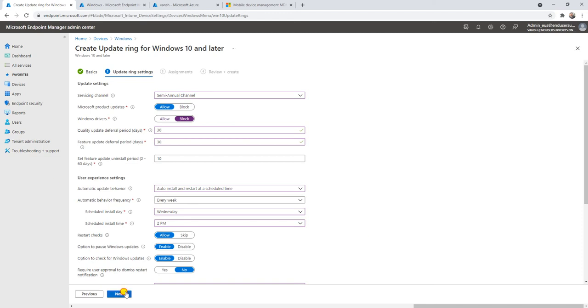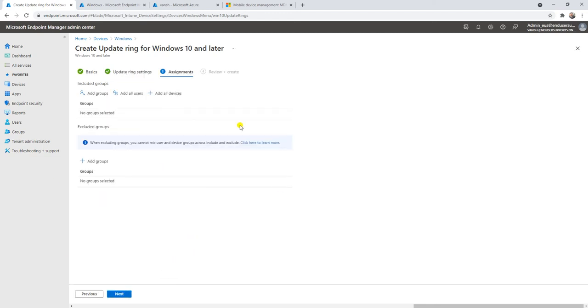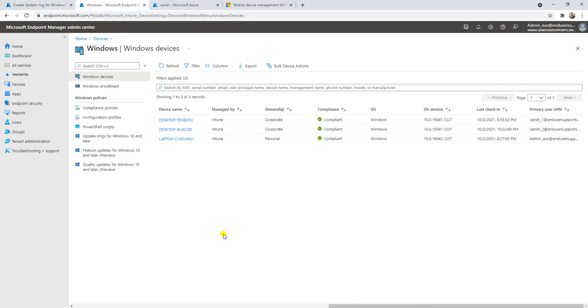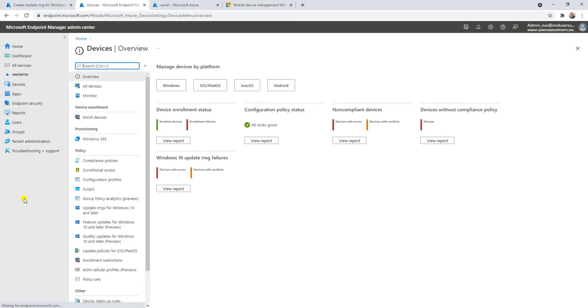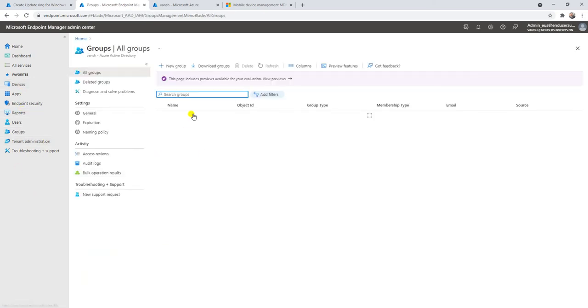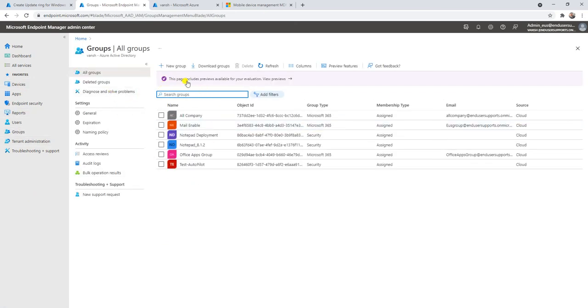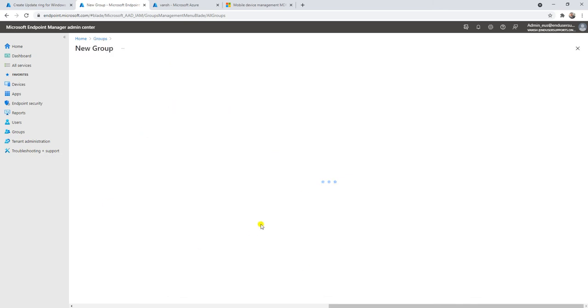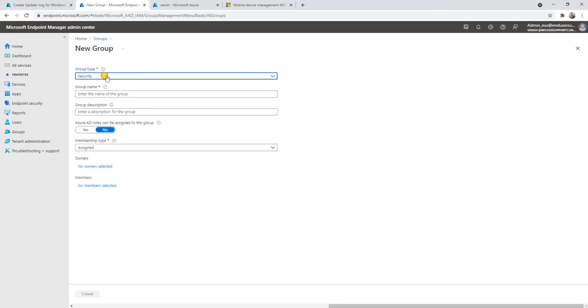And let me go to the next. So here is the thing: on which group are you planning to deploy this policy that we are creating? So let me go to the Intune console again, and let me create one group here.